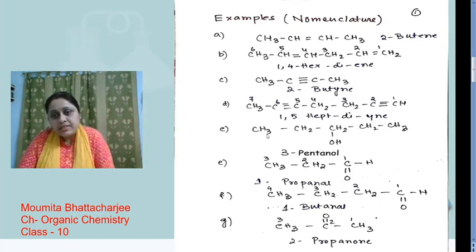Next one we have CH3-CH2-CH2, one branching is there, OH is present as a functional group, it is a secondary suffix, then CH2-CH3. So the name will be 3-pentanol. All due to the presence of this OH. Why pent? Total 5 carbon atoms. Why 3? This hydroxyl group is present at the third carbon.